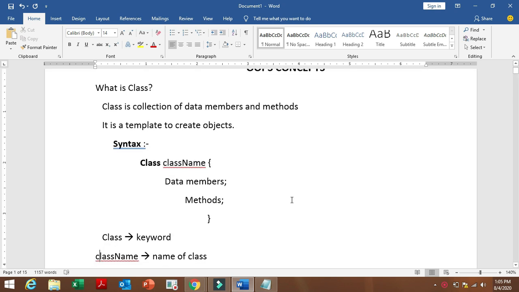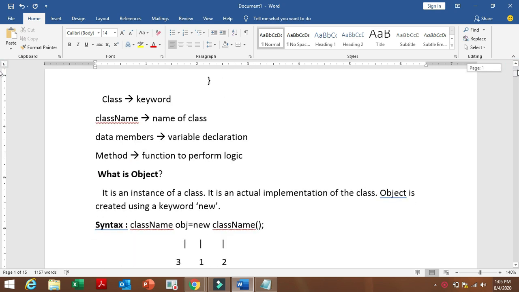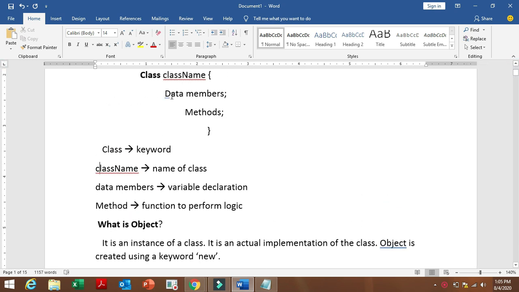Class is a collection of data members and methods. It's a template used to create objects. So what is the syntax for the class? So class name, here inside the braces data members and methods are included, where, as shown in the syntax, class is the keyword and class name is the name of the class, and data members are